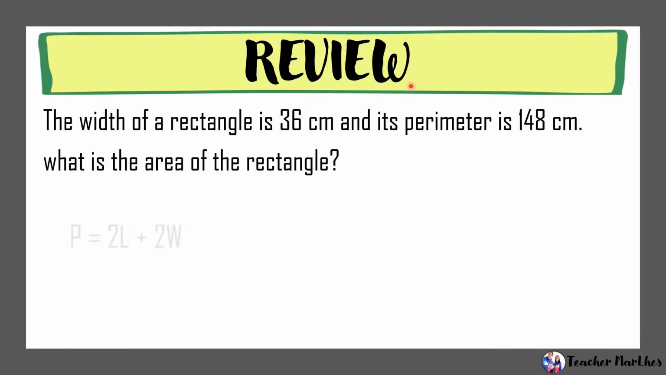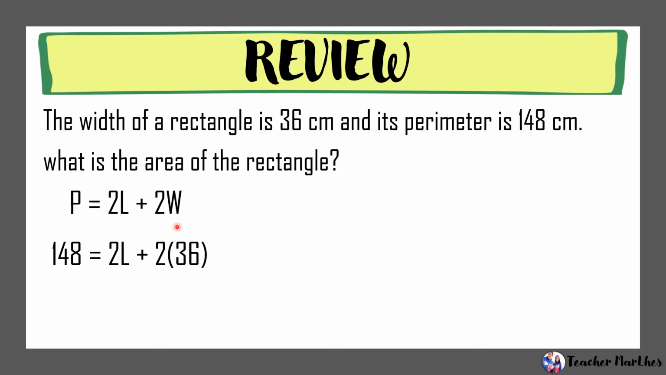So we have the formula in finding the perimeter of a rectangle, which is equal to 2 times length plus 2 times w. So isa-substitute natin yung mga value na nandito sa problem. So, ang perimeter ay equals to 148. So, since nawawala yung length, so 2L lang siya. Then, the value of width is 36. So, we have 2 times 36. So, we will evaluate